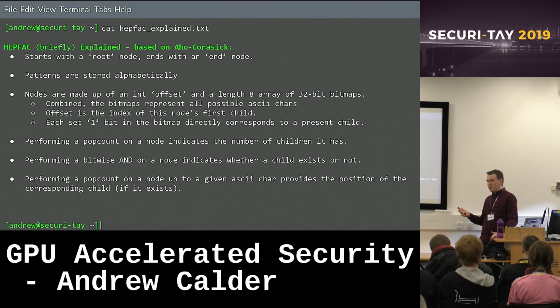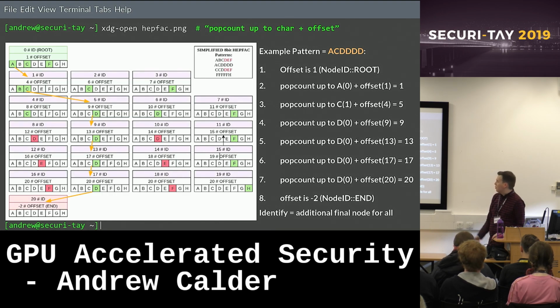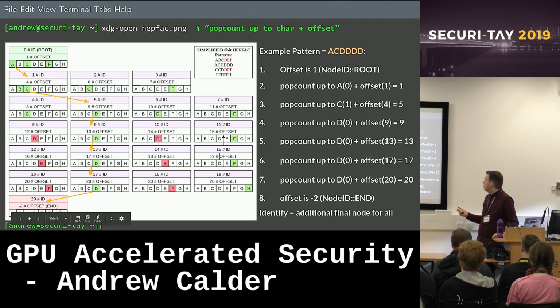There's population count fun, which allows you to basically count the number of children, find the location of a child, and also check whether a node exists, or whether a child exists in a given node. So this is what that looks like. I've tried, again, to explain this as best as I can, but this one took me quite a long time to get right. So for the example of pattern ACD, or ACDDD,